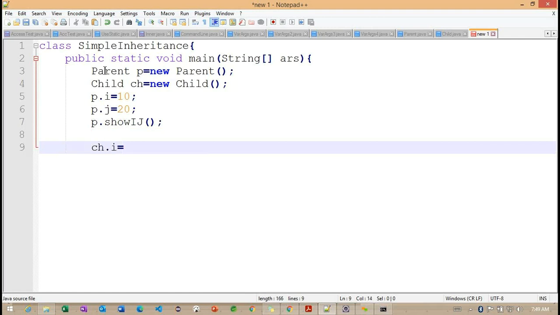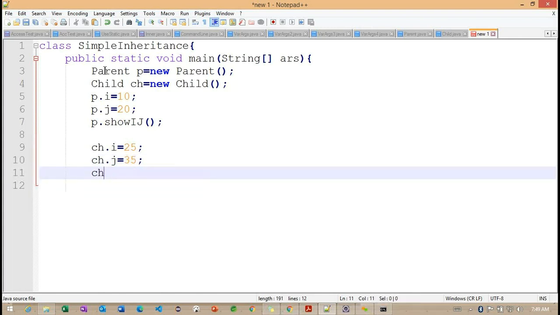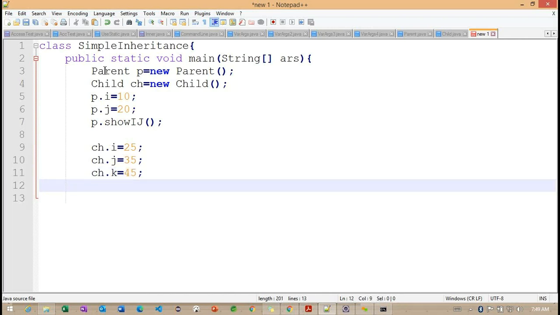So ch.i is 25, ch.j is equal to 35, ch.k is 45.